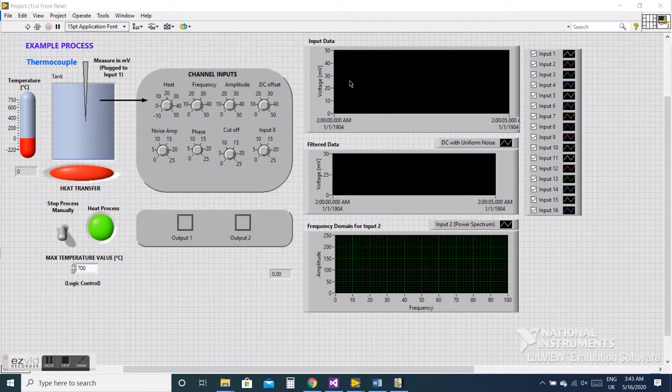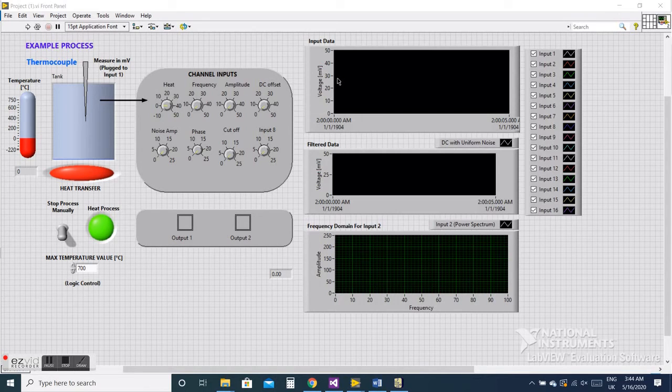The upper graph is the one which is showing the values passed from the user. So when the user changes the input values, the corresponding line to the input is going to respond and will be plotted in the graph. This graph is plotting voltage in millivolts versus time in seconds. Input 1 is a linear, meaning that the value given to the knob will be a corresponding value in the